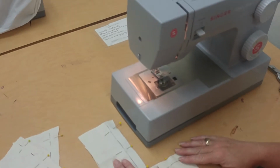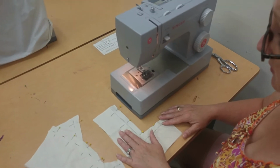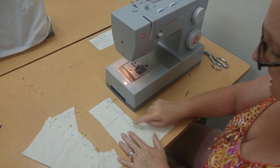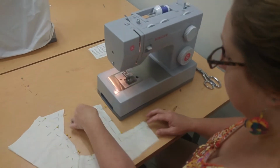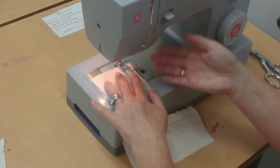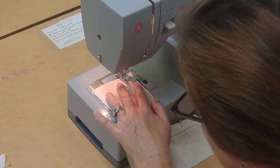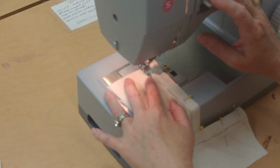And then the technique that we're going to use to sew these 3 things is the same stuff that we learned when we did the machine stitching project 2 weeks ago. So remember when we sewed the square and how you turned the corner? That's the same technique you're going to use here, and I'll explain it again as we get there. Okay, so just like we did last time, you're going to put the fabric under the foot, lower the needle into the seam, lower the presser foot, do your back stitch first, and